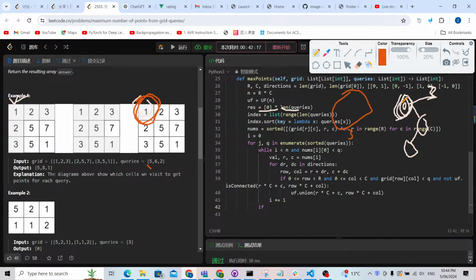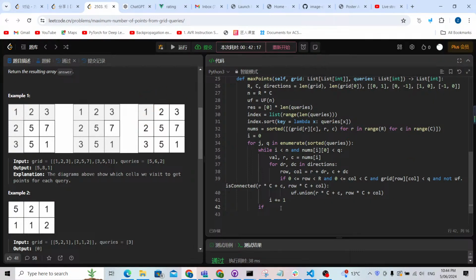We're going to count how many numbers are inside my component. I mean, what is the size of my connected component? If this number is more than the query, basically I don't need to check. So where is my number? I have to remember the position of my number. My number is going to be definitely, for each number,